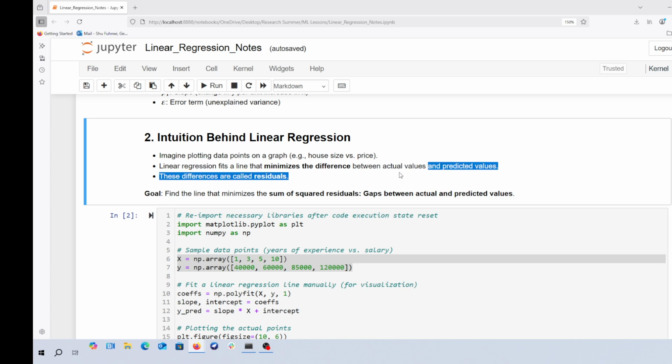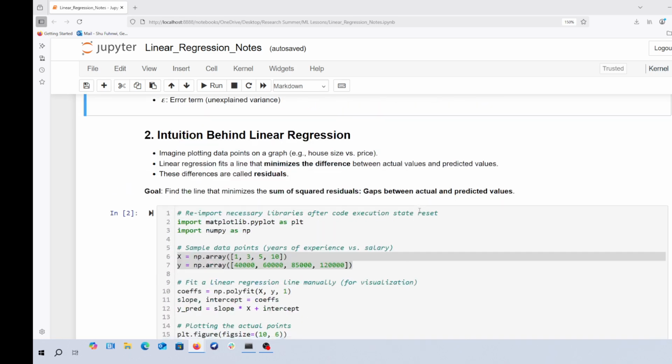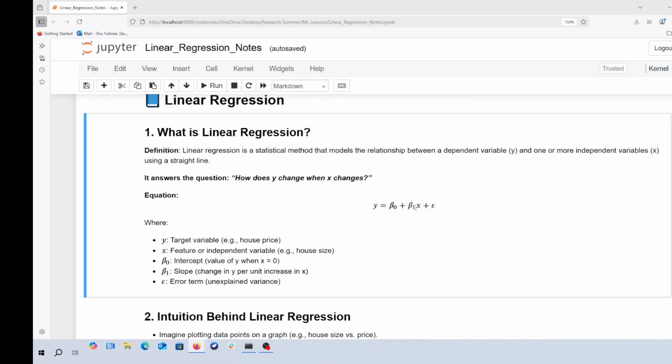Actual values here, if we are using years of experience to predict salary, will be the first data set that we had, for every year corresponding to their salaries. And the predicted values will be when we estimate these parameters beta 0 and beta 1, we will now be able to predict the salaries of someone based on